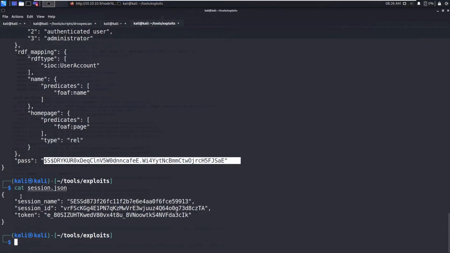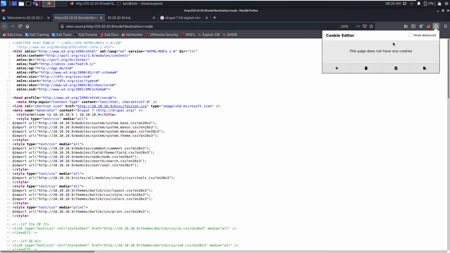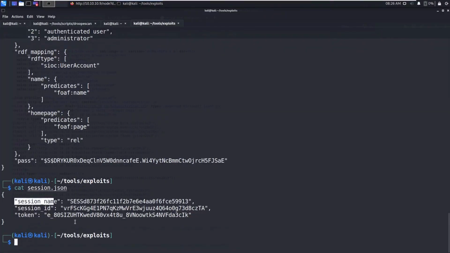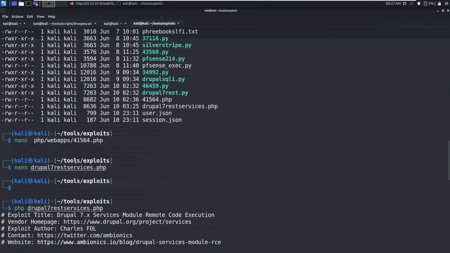We have three variables: session name, ID and token. I have already created these variables in the cookie editor and placed these values. But even after placing all these values, I did not get an admin session. So that's another bummer and another dead end.